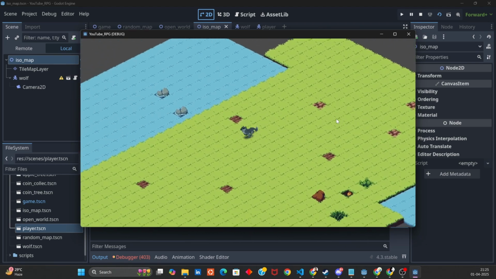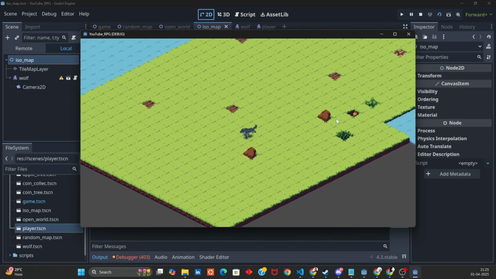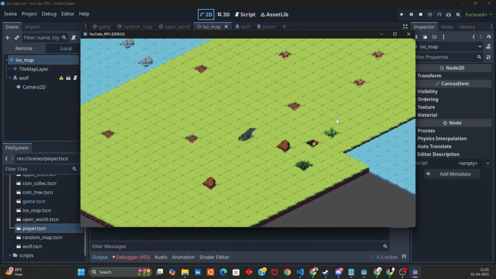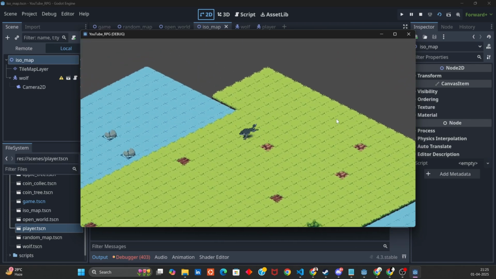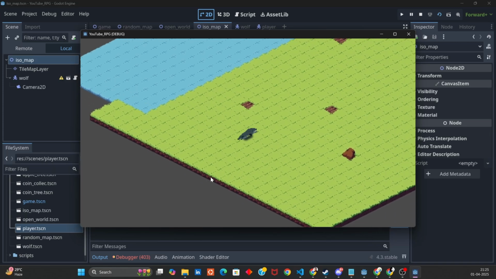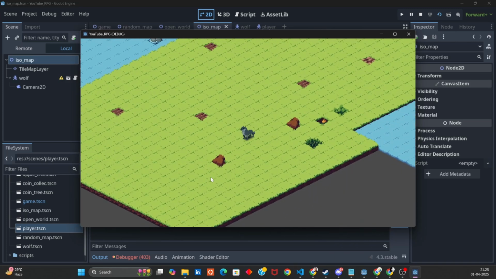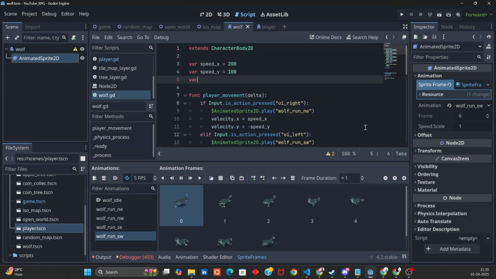We can make it 4 direction idle also. But yeah, that is not the goal of this video. The goal of this video is to learn more about isometric maps. So we have a player moving perfectly fine in our ISO map. Now what we need to take care of is how, by clicking the mouse button, we can move in any direction. Right now directions are fine, but that will be even better. And to do that, we have to come to our wolf script once again, and we have to add few more